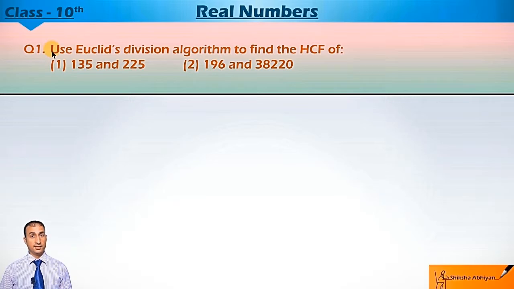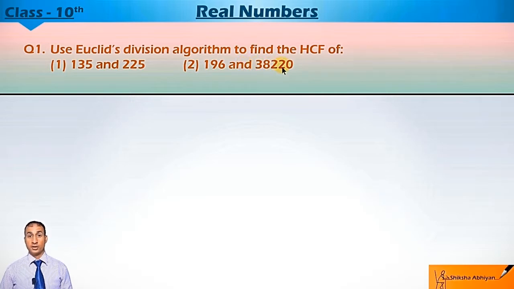Students, in this exercise, we will do questions based on Euclid's division lemma and Euclid's division algorithm. So see the first question. Use Euclid's division algorithm to find the HCF of first 135 and 225, and second part is 196 and